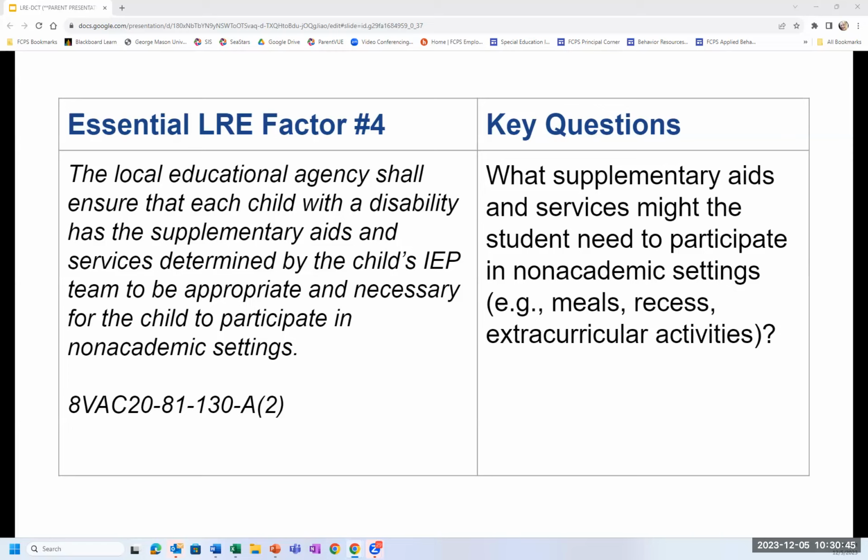So the key question is, what supplementary aids and services might the student need to participate in non-academic settings? For example, meals, recess, extracurricular activities. So the student's needs outside of the classroom are considered, specifically for school-sponsored and extracurricular activities.